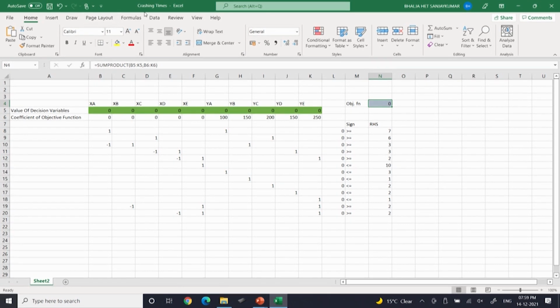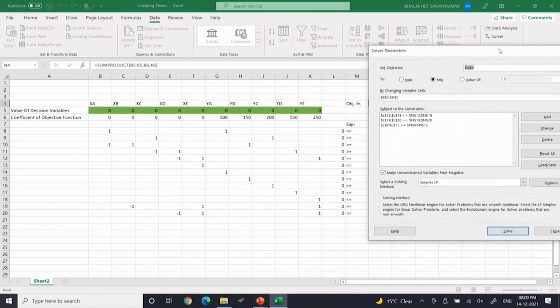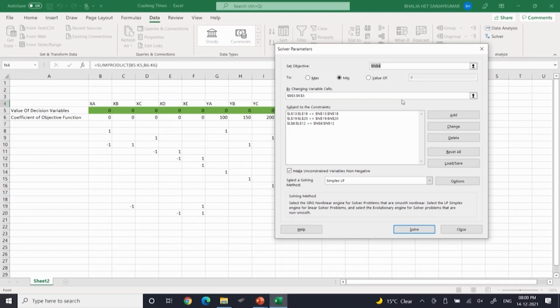Data, solver. See that this problem is a minimization problem, the objective function is N4 and the changing cells are B5 to K5, and all the constraints I have included. This is a linear model. So, I am going to solve it by the linear programming method. So, when I solve it,